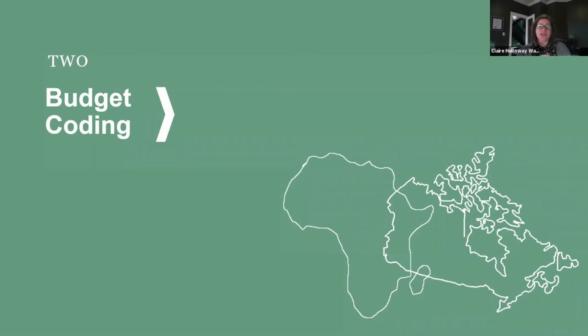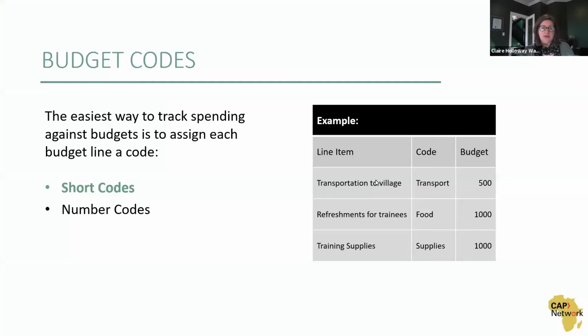To be able to track your expenses against these various budgets, you need to have a system in place for coding, so that you can make sure that you connect and associate each expense that you record on your journal vouchers or other documents with the appropriate project and also with the appropriate budget line. Okay, so I suggest to you that the best way to do this is to come up with a code,